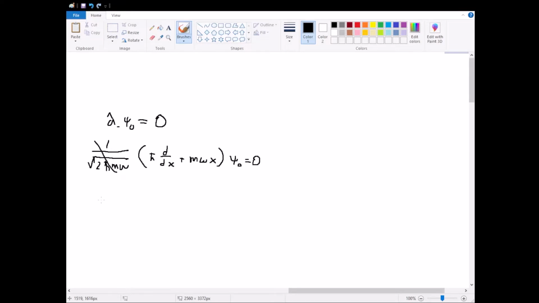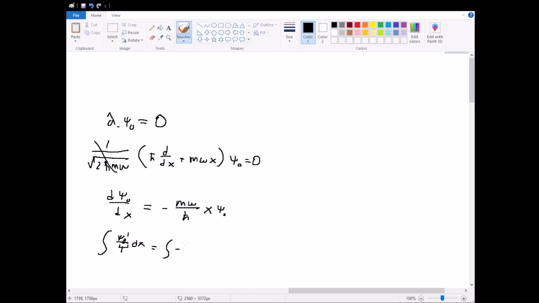So we have that d psi naught by dx is equal to negative m omega over h bar times x psi naught, where we just took the distributive property and then moved everything to either the left or the right. So this is a relatively trivial integral to solve. We can just do an integral of psi naught prime over psi naught times dx,